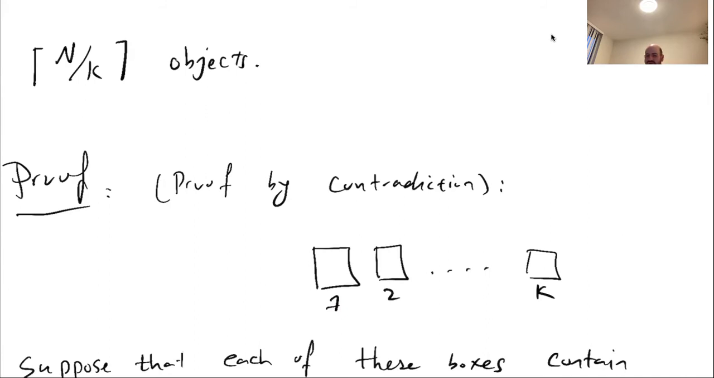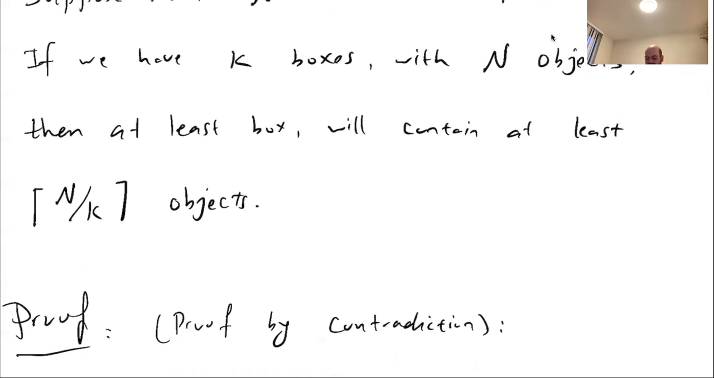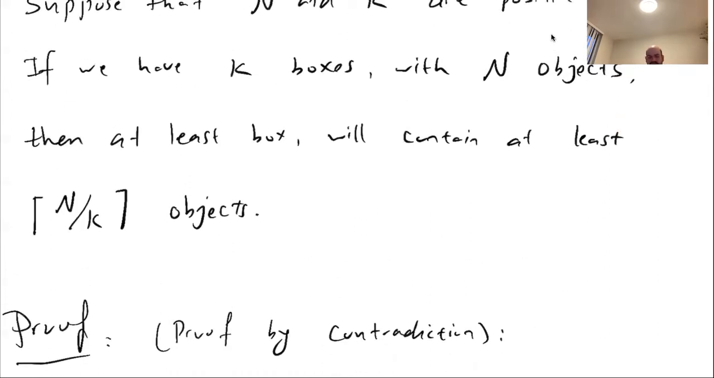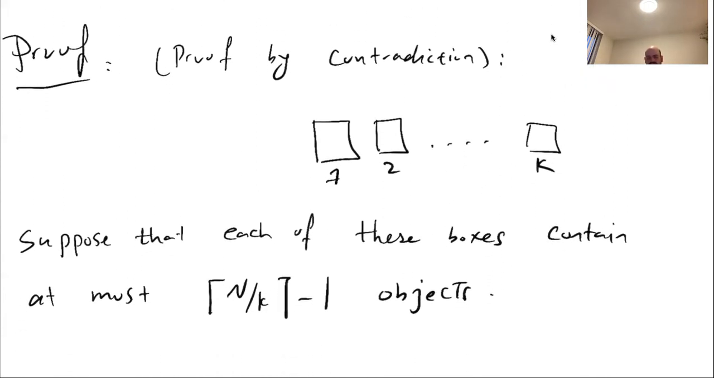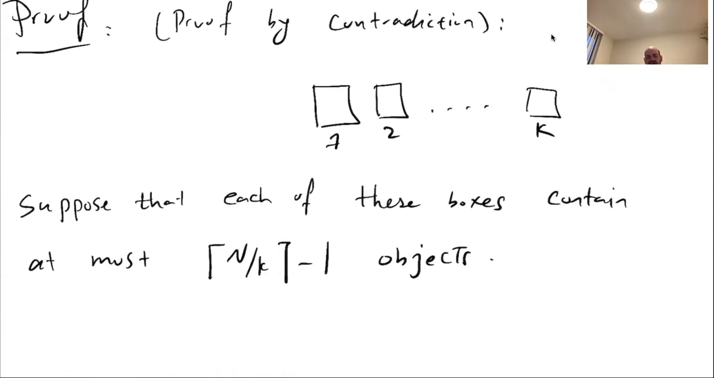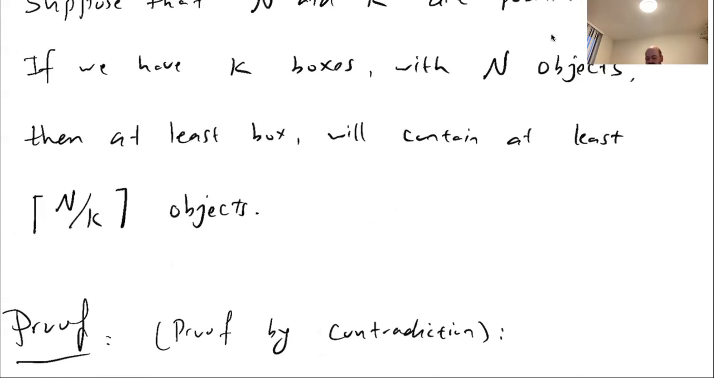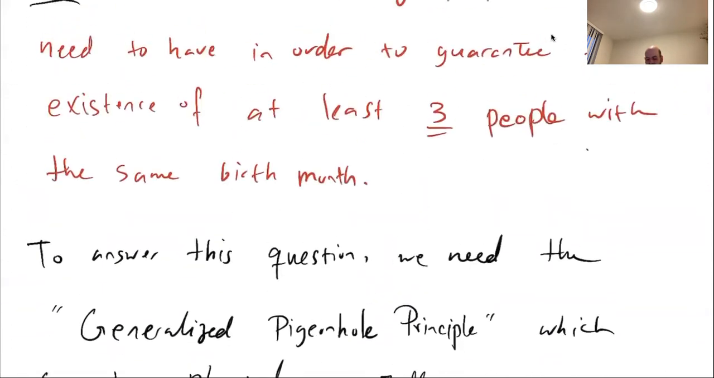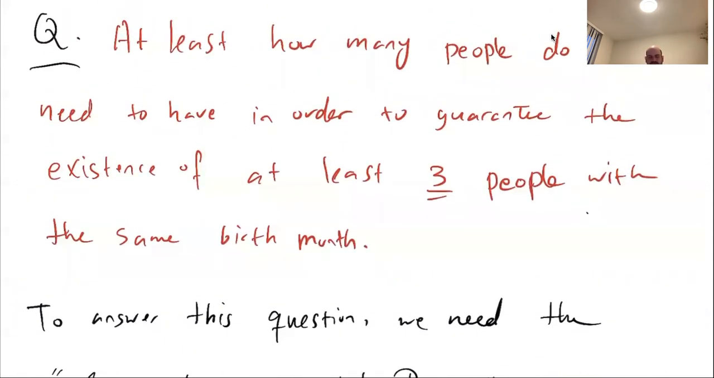In proof by contradiction, we assume what we want to show is wrong, right? So if what I want to show is wrong, meaning it's not true that at least one box will contain at least L objects, that means every one of these boxes must contain at most L minus 1 objects. And what is L here? The value of L is ceiling n over k. And where is this ceiling n over k coming from? I try to basically justify or motivate it. I didn't prove anything, but I just try to